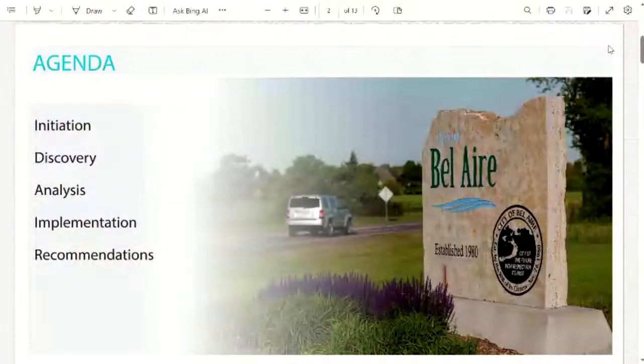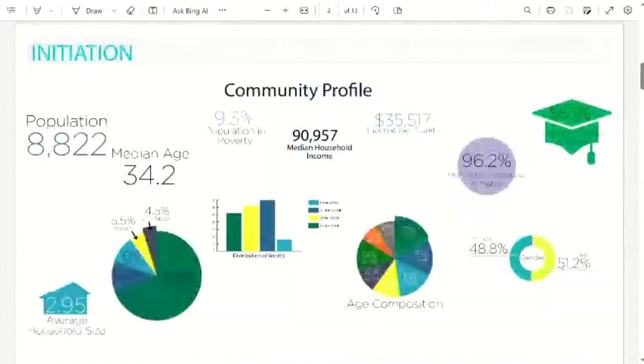Next slide. So I just want to take some time to walk you through our process a little bit to tell you the information that we collected, where we got our information, how we gathered it, and then how we used it. Next slide. As part of our park planning initiation, we came to town and we met with city staff, and